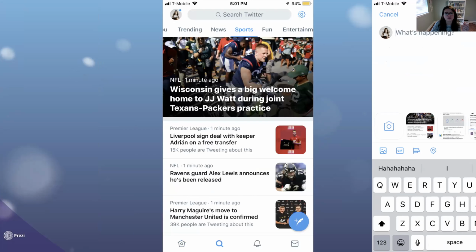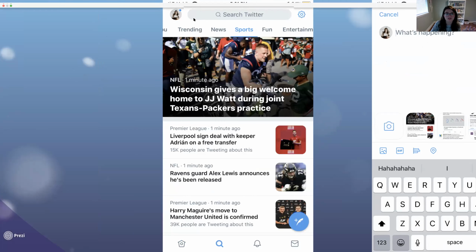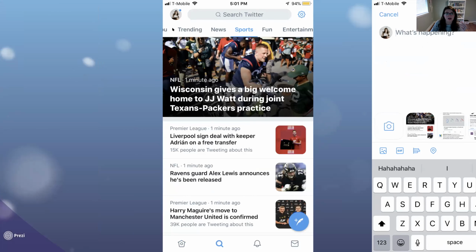And then you can also, again, search bar is our best friend. You can search for things. You can hit trending, news, fun, entertainment. I want to see sports, so I'm going to hit that. Remember that Twitter is going to be mostly news, articles, you know, maybe links to YouTube videos.